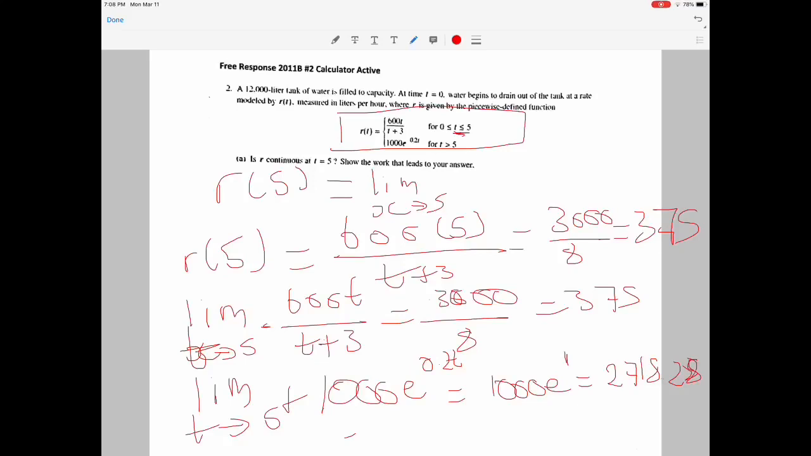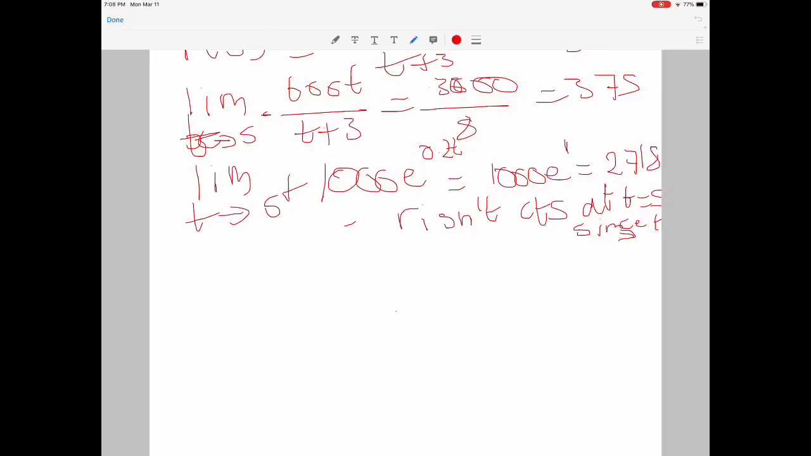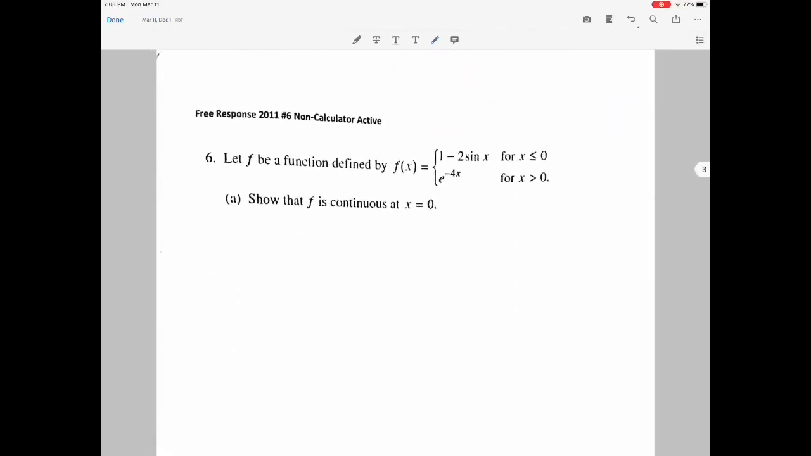We can conclude that r isn't continuous at t equal to 5, since the limit does not exist. So we move to the next question, which is also about continuity, which says